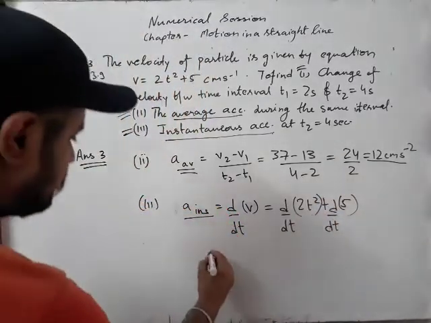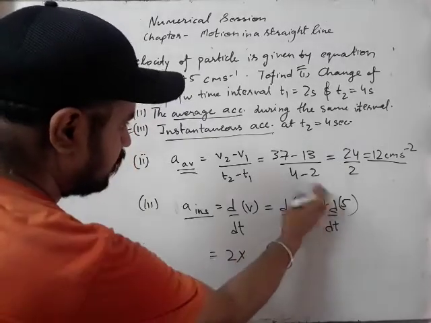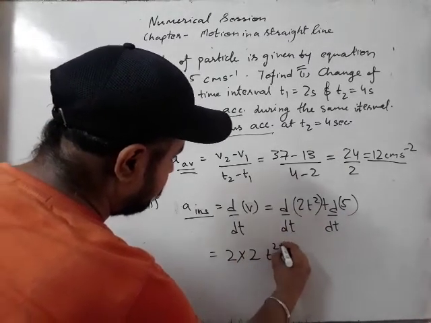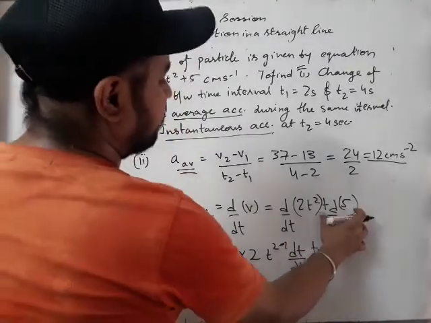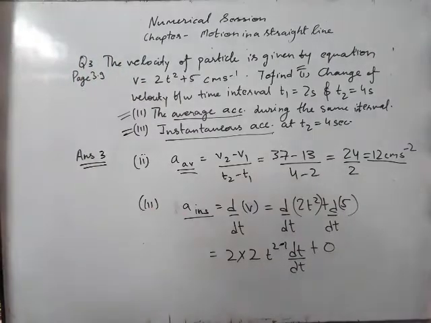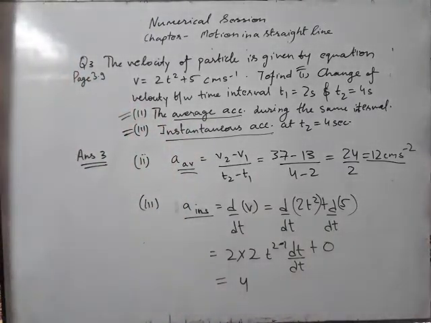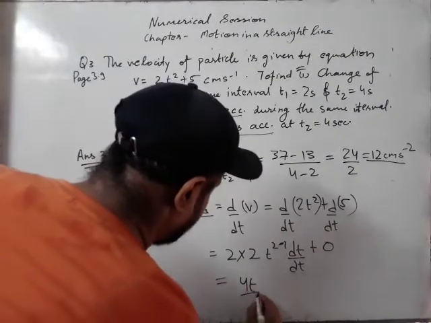Now from here, 2 is a constant taken out of differentiation. The power will also come ahead, 1 power will reduce, and without power dt by dt will be 1, and here it is 5, a constant, so the differentiation of a constant is 0. We have already done the concept of differentiation many times in the mathematical tool also. If you still have any doubt, you can text me, you can WhatsApp me, you can ask me anytime. I can explain it to you.